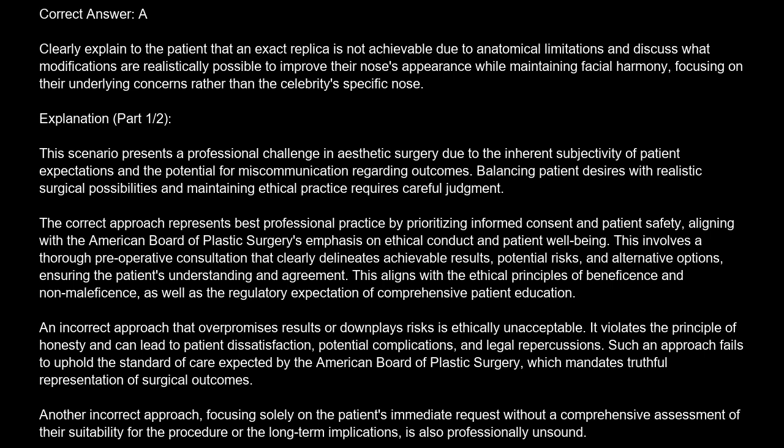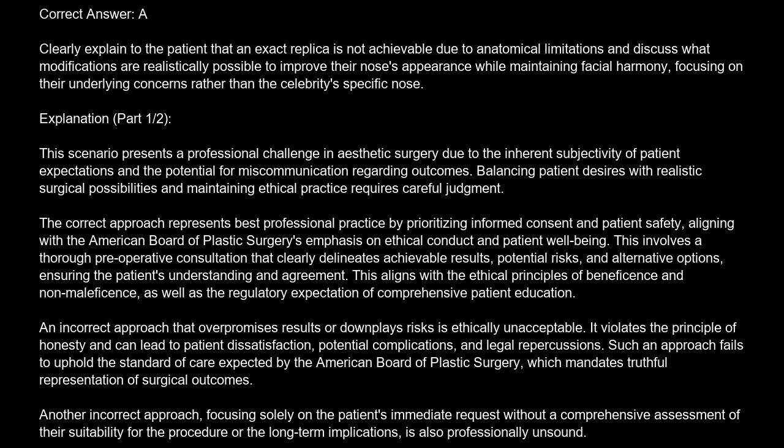Balancing patient desires with realistic surgical possibilities and maintaining ethical practice requires careful judgment. The correct approach represents best professional practice by prioritizing informed consent and patient safety, aligning with the American Board of Plastic Surgery's emphasis on ethical conduct and patient well-being. This involves a thorough preoperative consultation that clearly delineates achievable results, potential risks, and alternative options, ensuring the patient's understanding and agreement. This aligns with the ethical principles of beneficence and non-maleficence, as well as the regulatory expectation of comprehensive